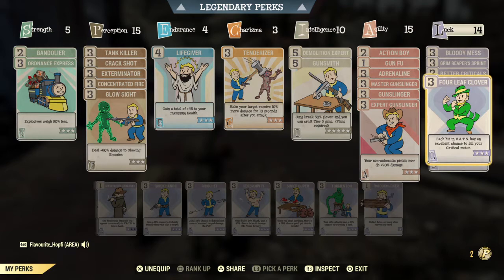Obviously if you want to go down the safe route, use Critical Savvy, which only makes you consume, what is it, 55% of your critical meter. That means that within two shots you can regain your critical meter. It's a safe bet. I wanted to use Four-Leaf Clover on this occasion because, similar to how shotguns work,